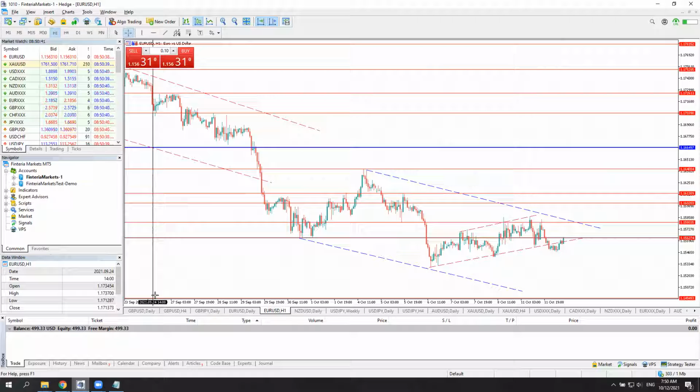So first of all, I will highlight the key areas for today's trading session. In my opinion, it's going to be the high of this channel. It's 115.85, and the other level is slightly lower. It's 115.46. So in my opinion, those are the key technical levels to watch today.